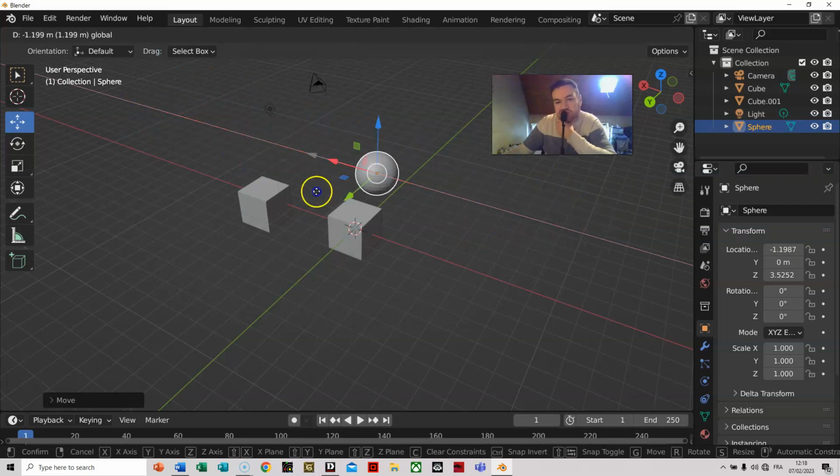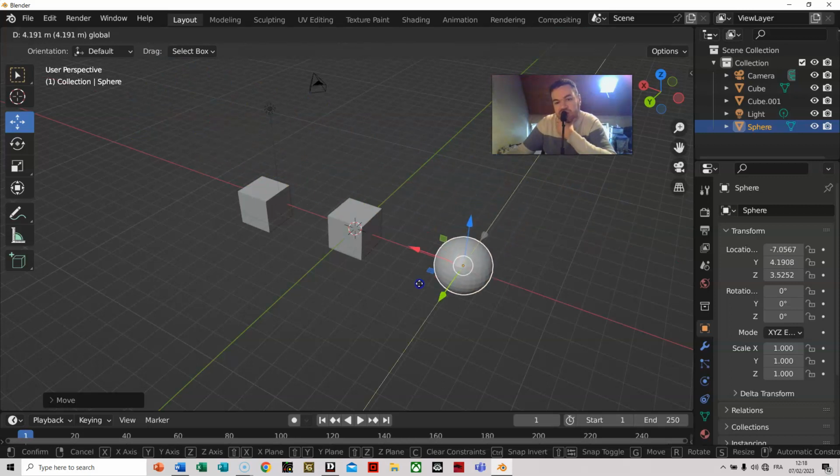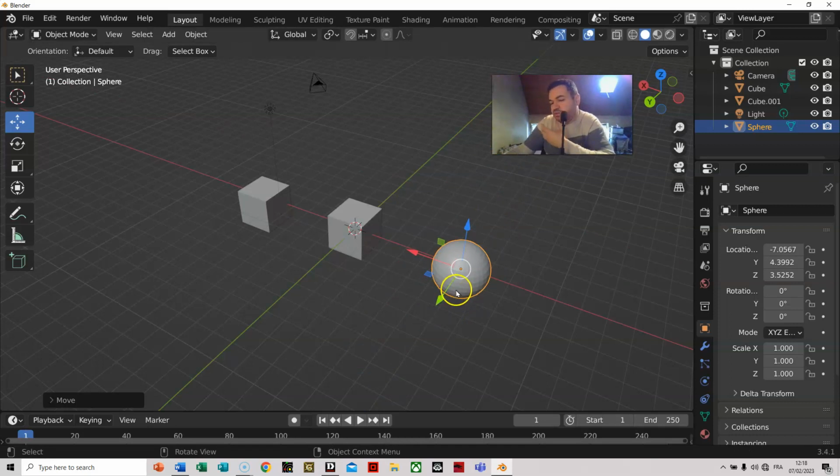Same thing here. It moves it along and only along the x-axis. When you click on the y-axis, it moves it on the y-axis. But what if you want to move it freely? Well, no worries. Let's deselect by clicking outside the object and